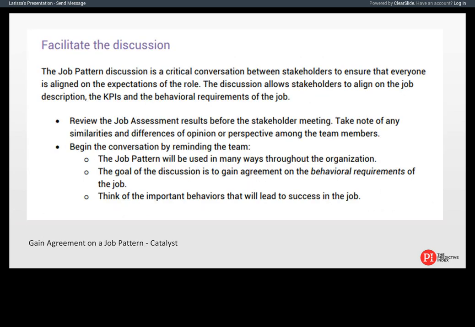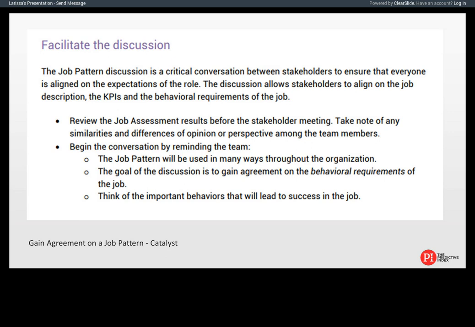So next, after everyone does the completion, you're going to facilitate the discussion. Now, anyone who's been trained in PI, that's who would be facilitating this discussion. This is something that we highly recommend that you leverage us for. We, again, geek out on this. We would love to help you. We would love to set up time to discuss.